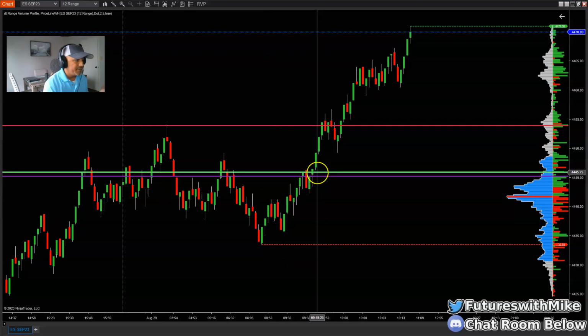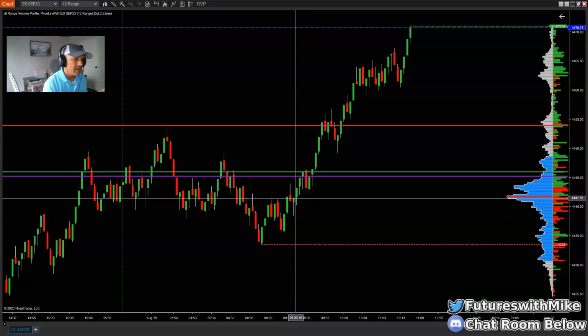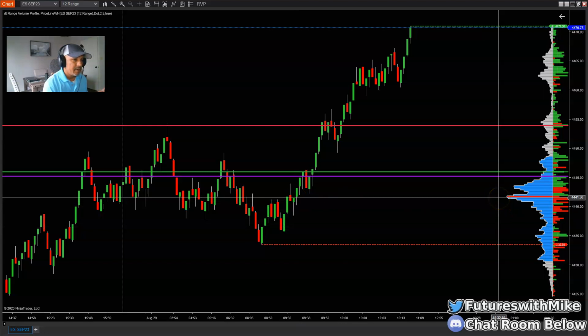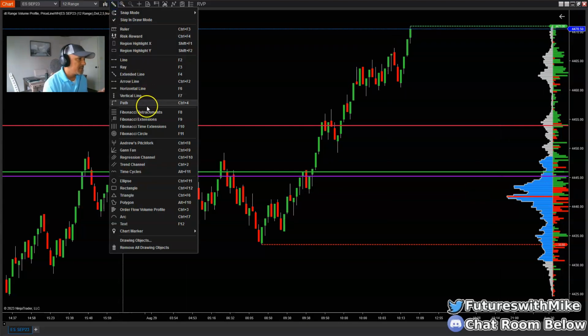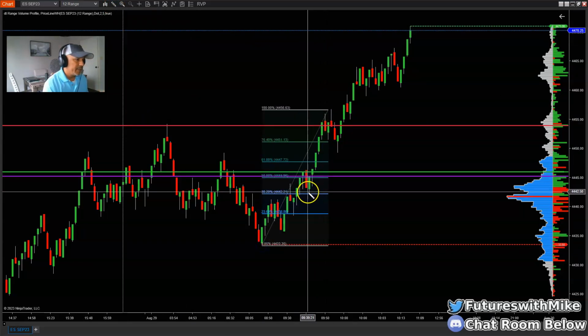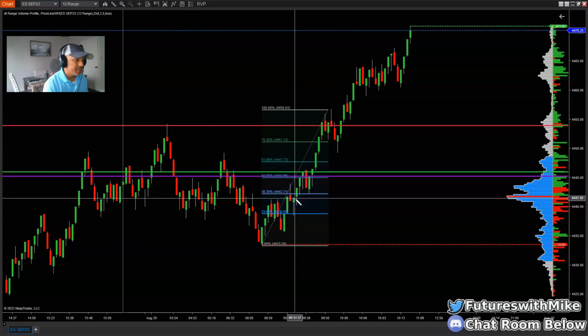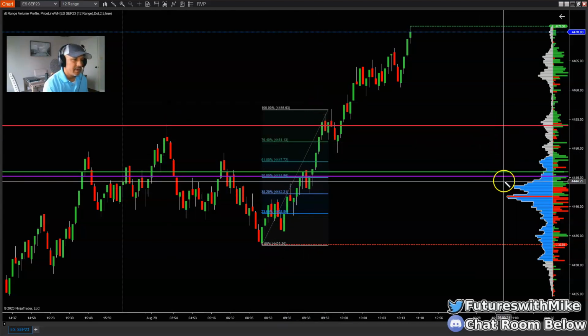So possibly, even though this may have been maybe at the 50% area or so, I'm not trying to contradict myself, but let's see. Well, here we go right here. This would have been a decent area, because we have a high volume node right here at 41.5. So if I was to pull a fib and just show you right quick, this would have been around the 38.2% area of a move to the upside, after breaking structure right here and pulling back.